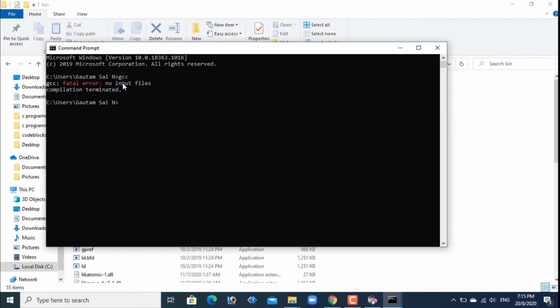It means we didn't give the file name to execute to this GCC compiler. This one we already learned in the compilation and execution process of a C program. So this is how we install the GCC compiler for the Windows operating system, which is MinGW, and set up the path in the environment variables.